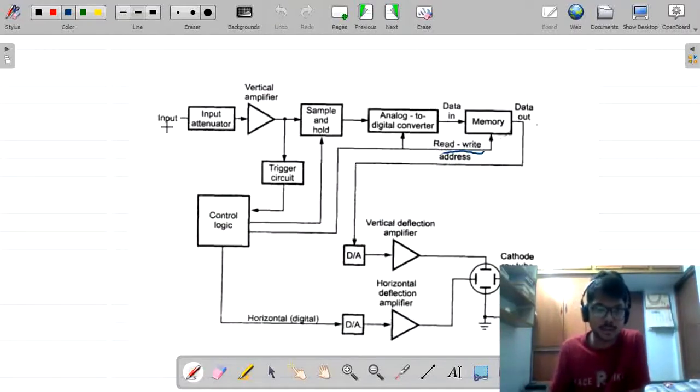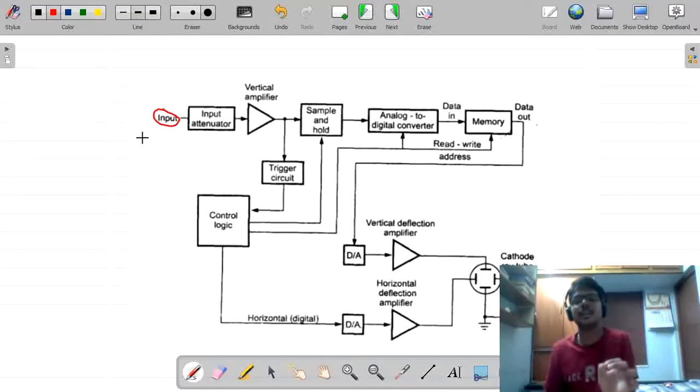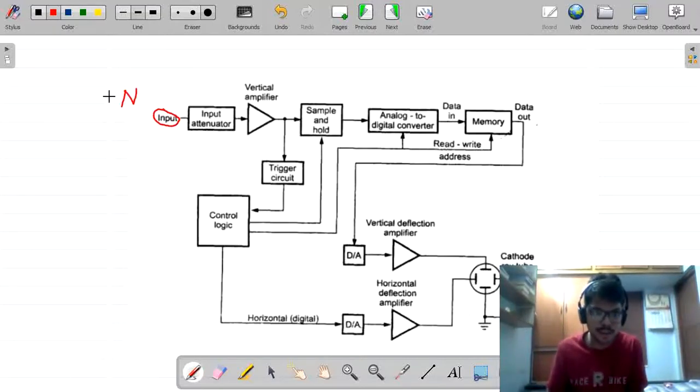Listen carefully. By listening to this concept carefully, you will understand it the first time. Here we are applying the input signal. At this point we are applying the input signal. In general, our input signal will consist of signal plus noise, right? There is an addition of noise in the channel, plus we are having a signal.